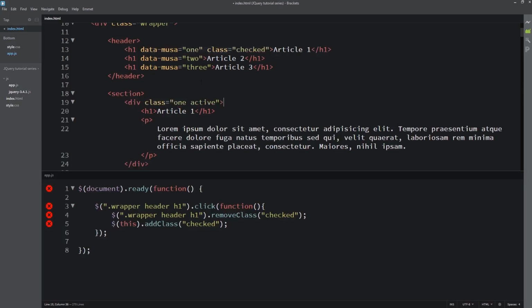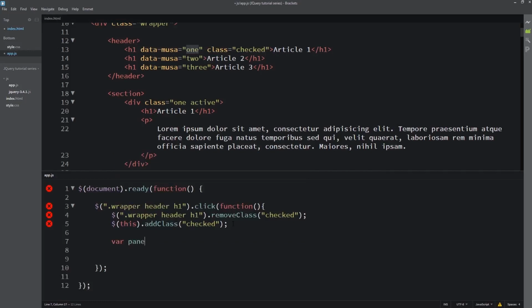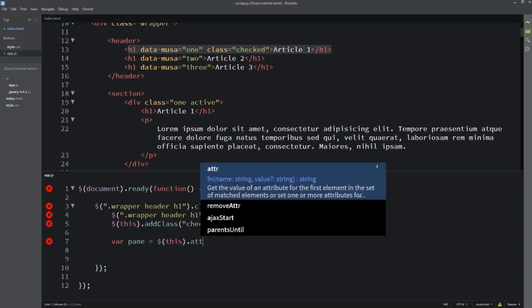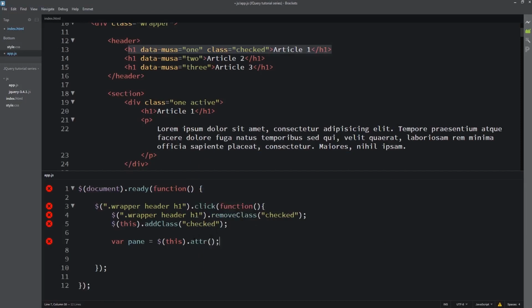So now we'll do it like this. We'll come to our jQuery here and use jQuery to grab the value inside here. I'll create a variable and call it pin. Then I'll say this, meaning the H1 we click on, and we want to grab the attribute, so attr.